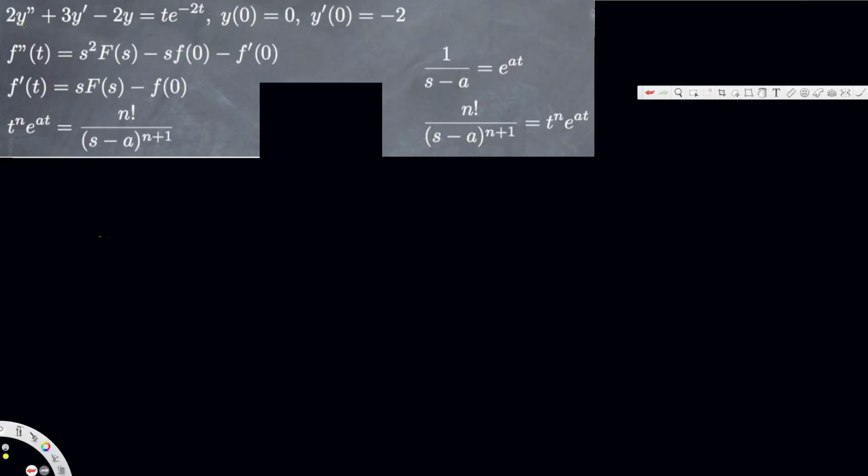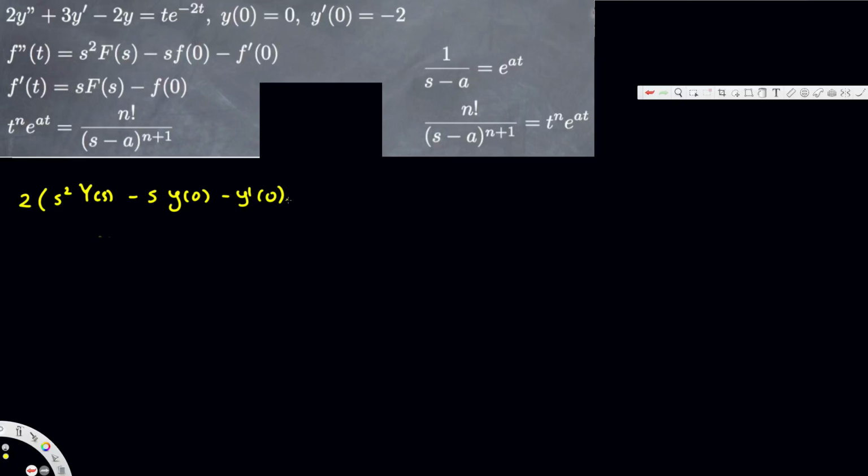First we are going to turn this one into this pattern. Here we have 2y double prime. For y double prime we are going to use the first one. This is for double prime, but if you notice, this is F double prime. When we have F double prime, this is capital F, small f, but when we have y double prime we replace this one with capital Y, small y. So this is going to turn into s square capital Y of s minus s small y of 0 minus